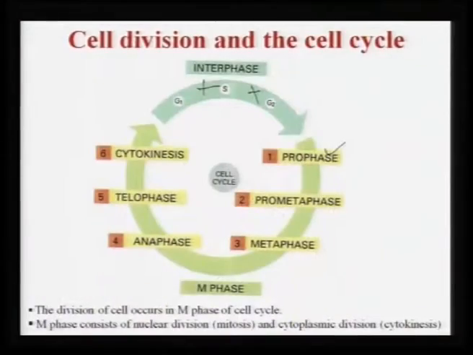And what are the 6 different phases? One is the prophase, one is pro-metaphase, and the third one is metaphase. Again you can remember if you apply some logic. Pro-metaphase means something before the metaphase, so the next phase would be metaphase. Then there will be anaphase, telophase, and cytokinesis. So, in prophase, pro-metaphase, metaphase, anaphase, and telophase, the new chromosomes are segregated into what would be daughter cells.